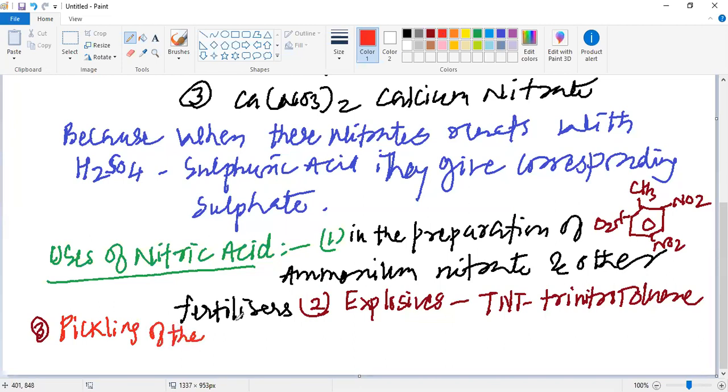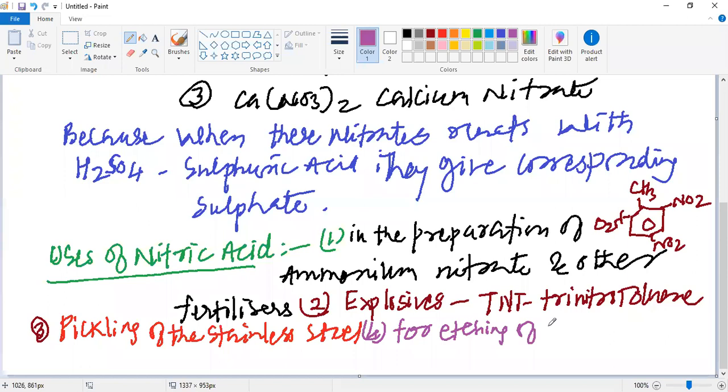Then the next use, my dear students, is for the etching of metals. Fourth use we can write for etching of metals. And the last one we can write as